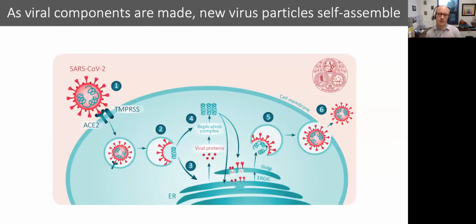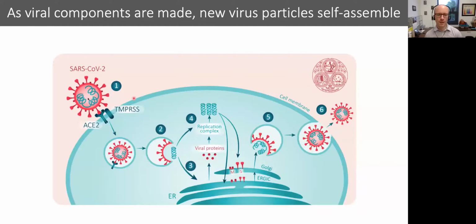In SARS-CoV-2, the self-assembly process occurs inside vesicle membranes on the inside of the cell, and it will generate a vesicle that encapsulates a virus. It'll look very similar to the endosome. It's actually called an exosome. So exocytosis is what's going on here. Basically, the virus is encapsulated inside this type of vesicle, and then the vesicle gets transported to the surface of the cell, fuses with the cell membrane surface, and delivers a new virus particle to the outside.